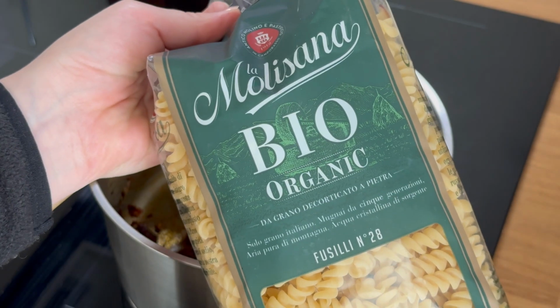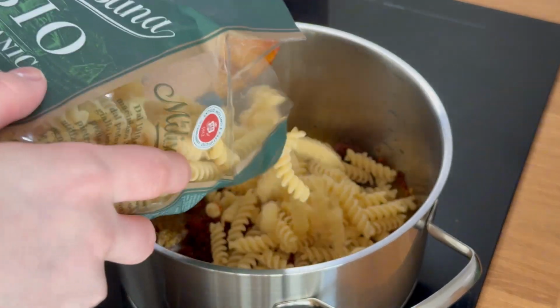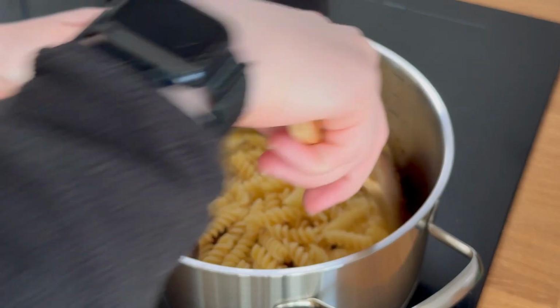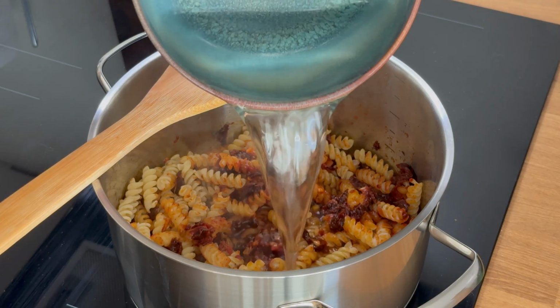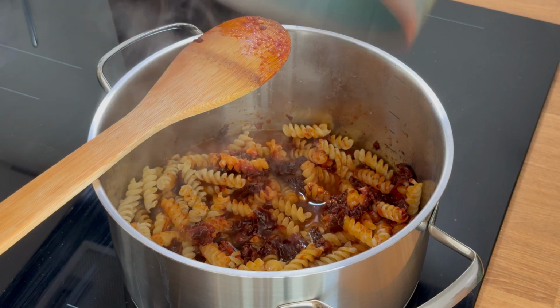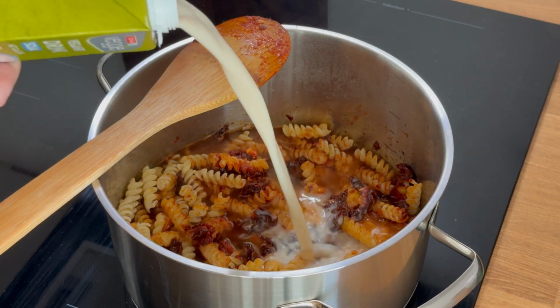I am using this La Marisana fusilli, but you can use any pasta shape or form that you like or have at home. I stirred the pasta here, but I'm not really sure why I did that, because you can move on to the next step, which is adding some water to cover the pasta,